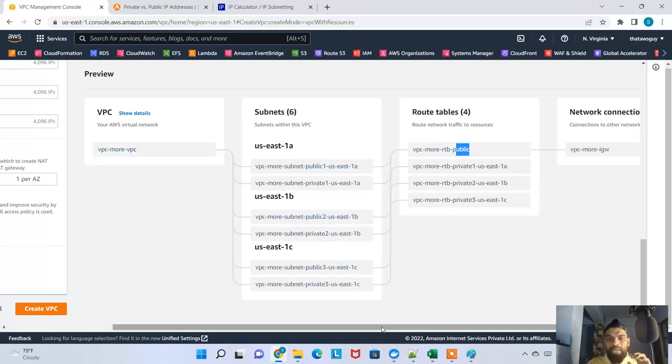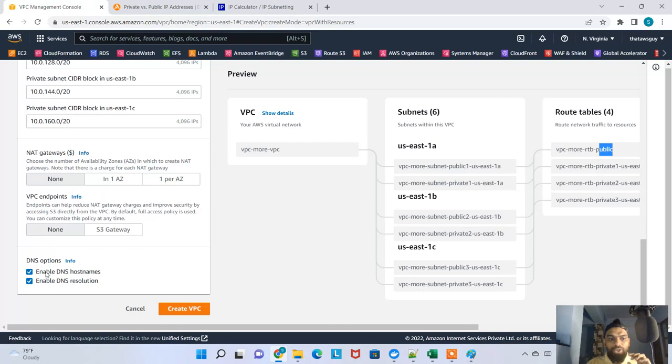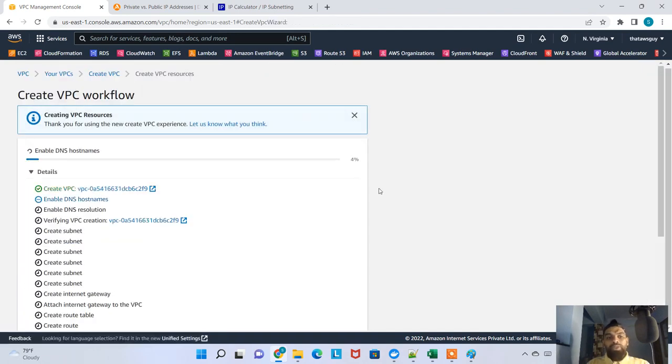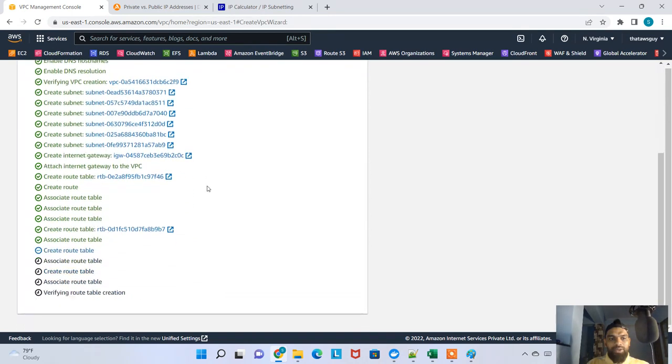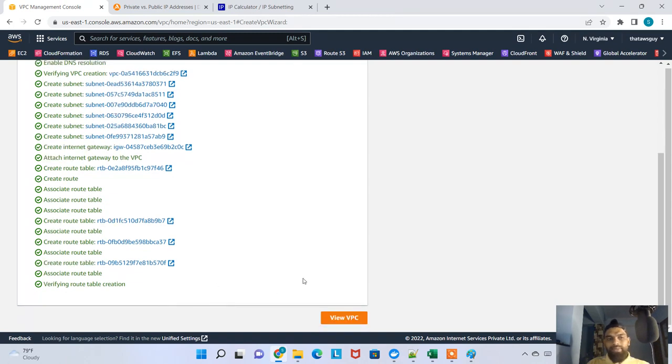Okay, so that is what we're gonna do, and then we're gonna make sure that you check this box: DNS hostname and DNS resolution. This is for resolving the IP address to the hostname and hostname to the IP address internally. This is very important. And then scroll up, all done. If you're good with that, click on create VPC. Now the VPC is getting created. I mean, the custom VPC for us, not the default one. Now if you scroll down, you will see all the things happening, and then see, ta-da, it's done. Now if you click on view VPC,